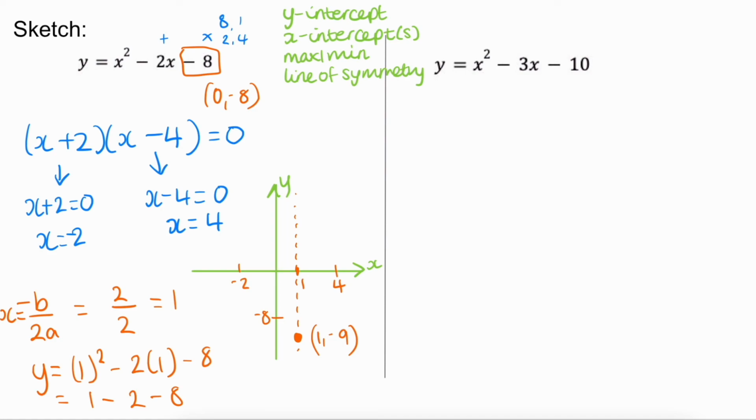And now I can draw on where that quadratic goes. So it comes down through (-2, 0), the minimum point, and back up through (4, 0). And hopefully when you draw yours, it will look a little bit less pointed than mine is. Okay, so when we're sketching this quadratic, we use the y-intercept form